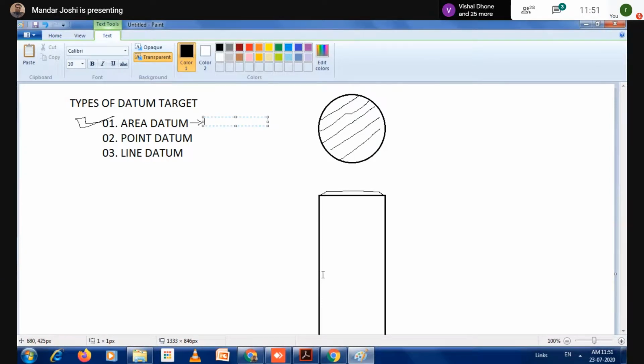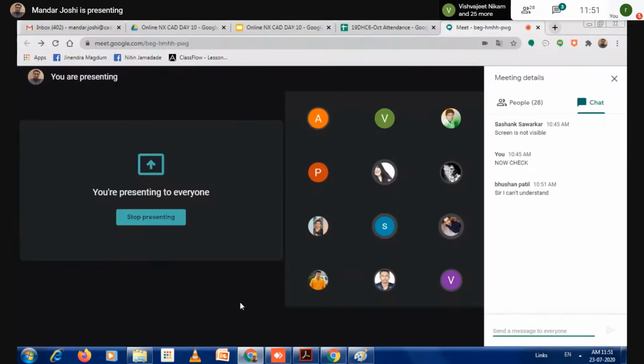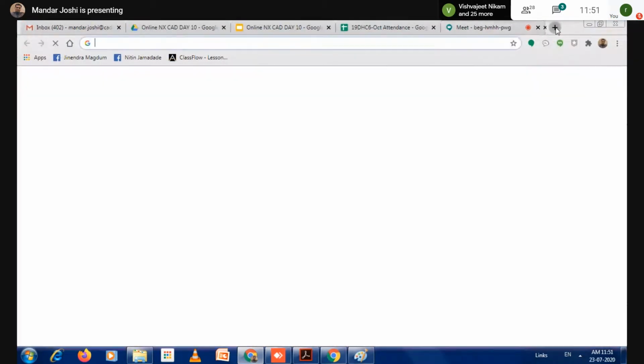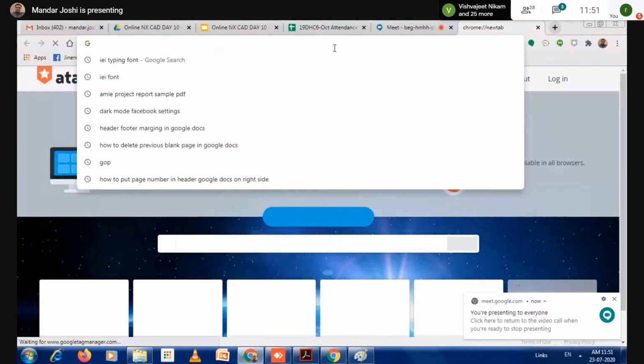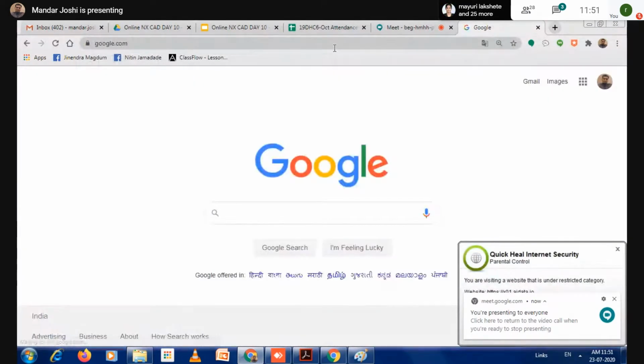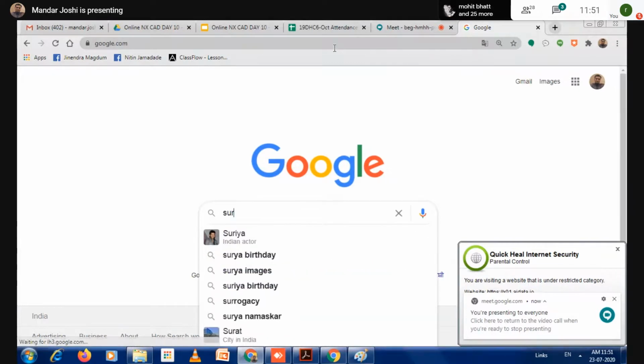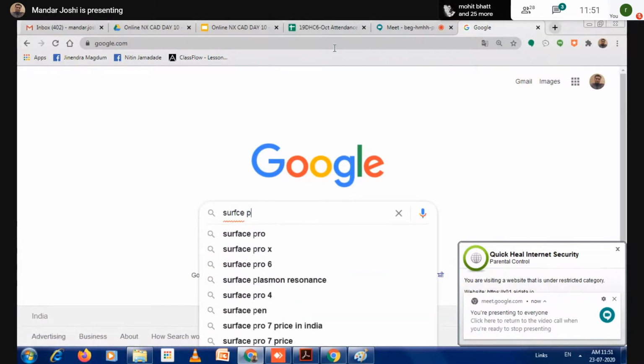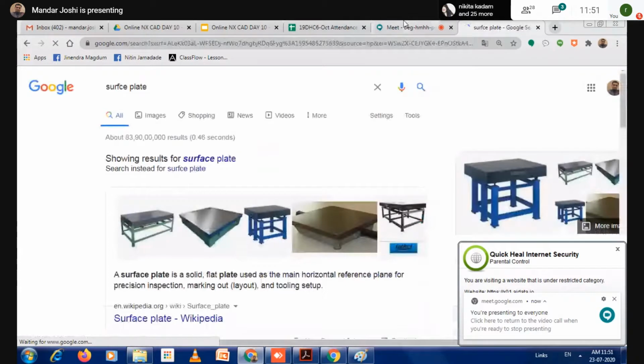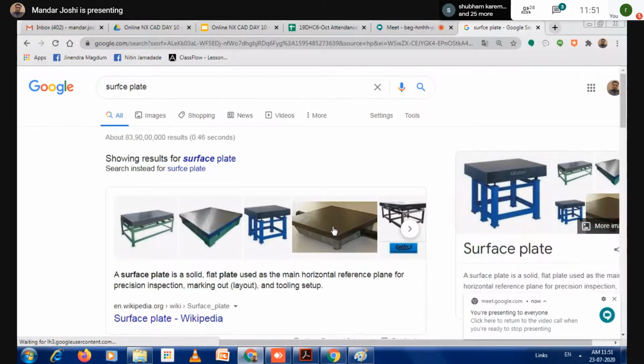Just a minute, I will try to show if there are some images. Surface plate. So these are the surface plates. These have a flat area, and this area is considered the 0, 0 reference.